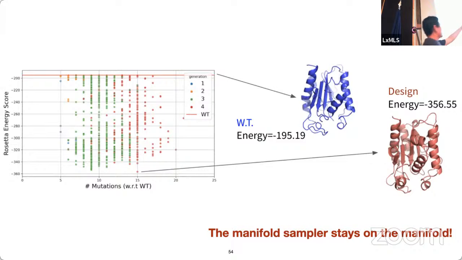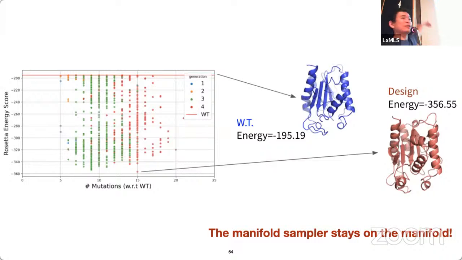So we started from one protein, marked as the wild type, and then we used a computational method to estimate the rough energy level of that wild type protein. Starting from there, we evolved it, doing multiple sampling iterations up to about 4 to 5, and for each one of them, we looked at how far it is from the original wild type protein in terms of edit distance, so the number of residue changes.